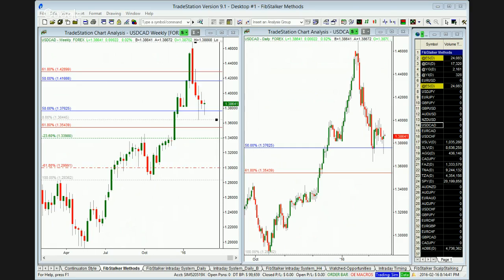And then in the US session, we will start with a cluster of news on the US dollar, building permits, PPI, to start. And then at 2 p.m. we will also have the FOMC meeting minutes. So we might have a mover